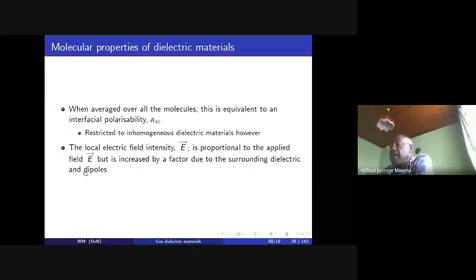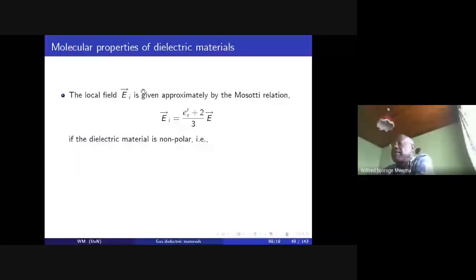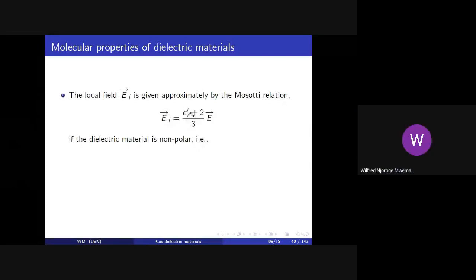And we remember from yesterday, we had what we call the G factor. So the local field E_i is given approximately by the Mossotti relation, that is given by the real part of the dielectric constant plus 2, divided by 3,